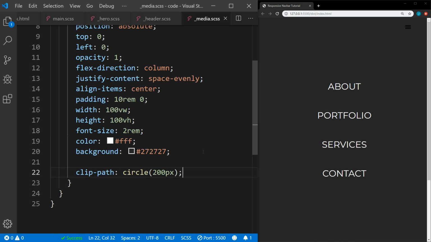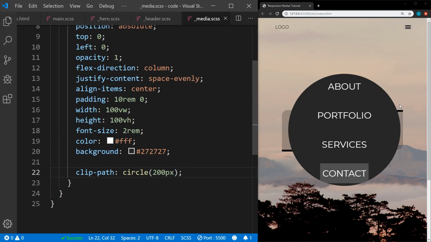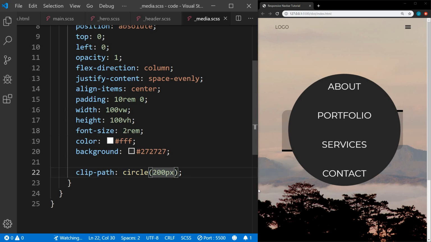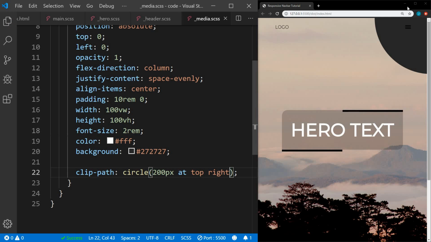All right, now if I save that, you'll see how it's creating basically a mask. If you're familiar with Photoshop or any image editing software, you'll know what a mask is. So we're masking off everything outside of this 200 pixel circle. So what I want to do is I want this circle to start at the top right. All right, so the circle is now up here, and we're going to have the circle expand until it fills the entire screen. So for that, we'll set a transition here,